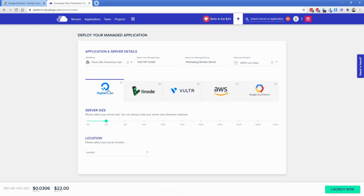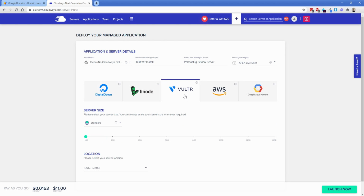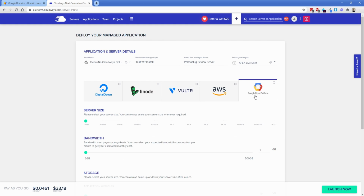So the next thing that you have to do is pick your server provider. You can see some of these are probably going to look pretty familiar, like DigitalOcean, AWS, and Google Cloud, which are obviously pretty ubiquitous names in this kind of arena. All the servers that I have, you can see, were Vultr servers. The reason why I switched to Vultr was because I used to have Google Cloud, and it was fantastic. It was really, really fast. The performance was great. I never had any issues whatsoever, except for the fact that on Google Cloud and on